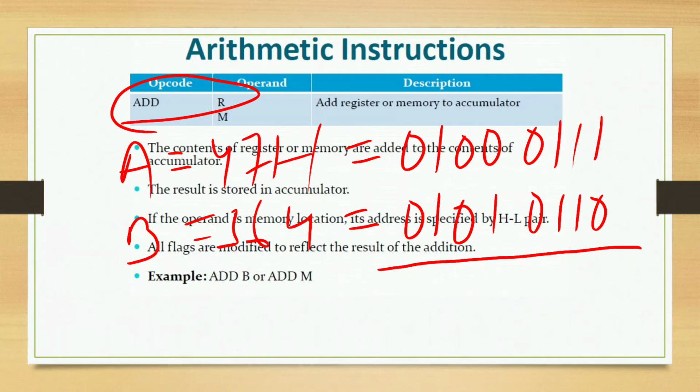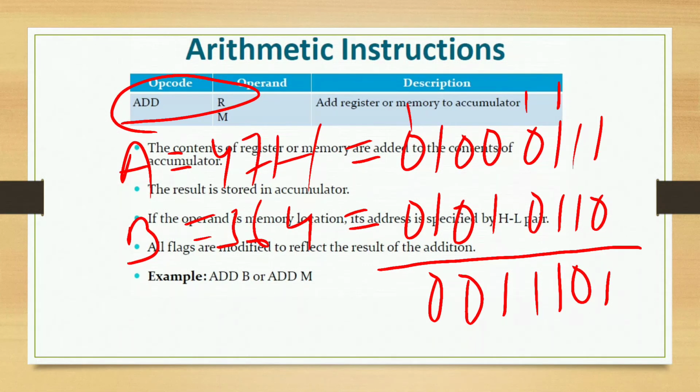1 plus 0 is 1, 1 plus 1 is 0, carry is 1, 1 plus 1 is 0 plus 1 is 1 and carry is 1. 0 plus 0 is 0 and carry 1 is 1. 0 plus 1 is 1, 0 plus 0 is 0, 1 plus 1 is 0 and carry 1 is 1. This is 9. This is 13, means D. Here